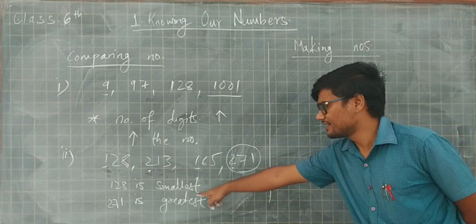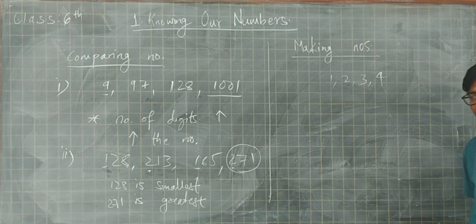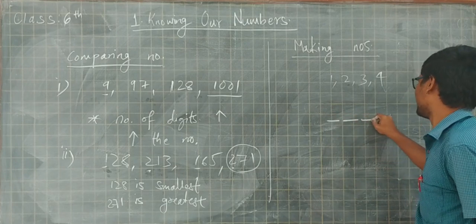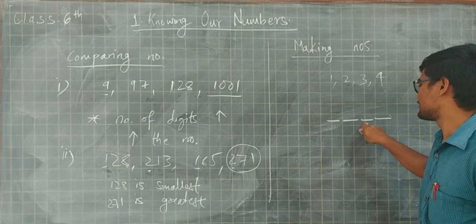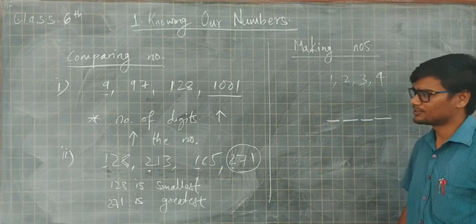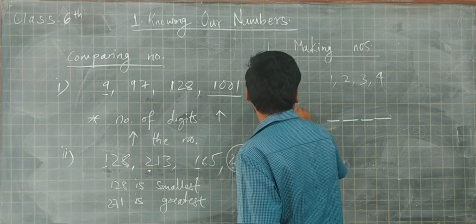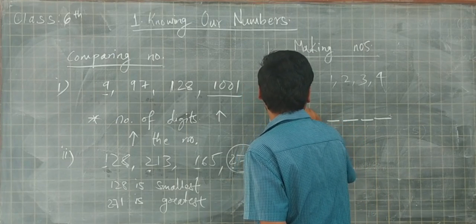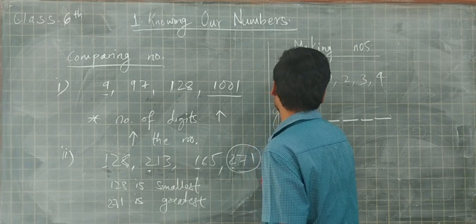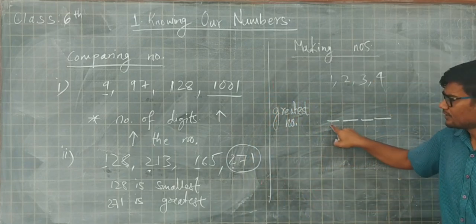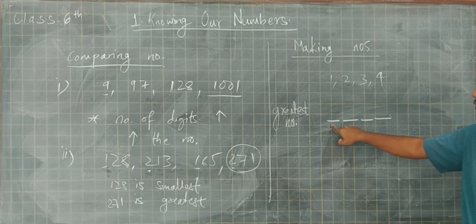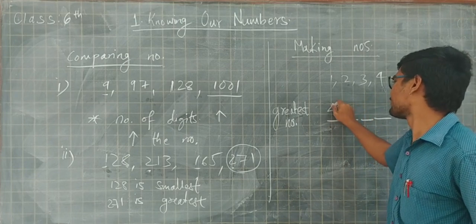Here we learn that the greater the digit at the greatest place value, the greater will be the number. So in a 4-digit number there will be 4 places: 1's place, 10's place, 100's place and 1000's place. Suppose I want to find the greatest number. What should I do? I should fill the place with the highest place value with the biggest digit. The biggest digit here is 4.